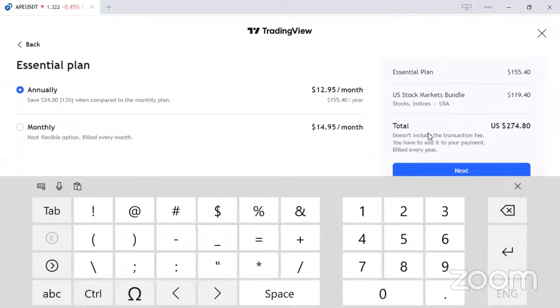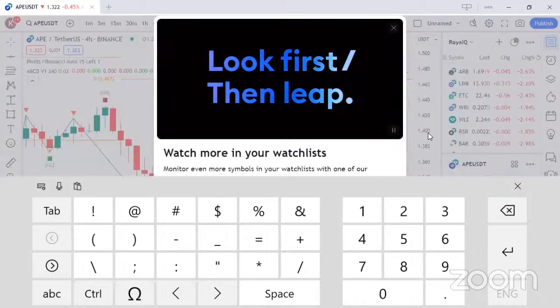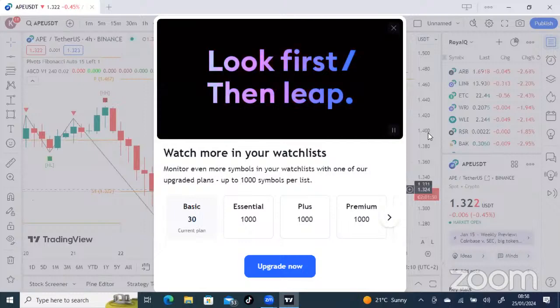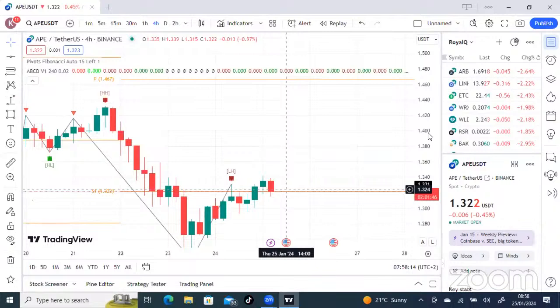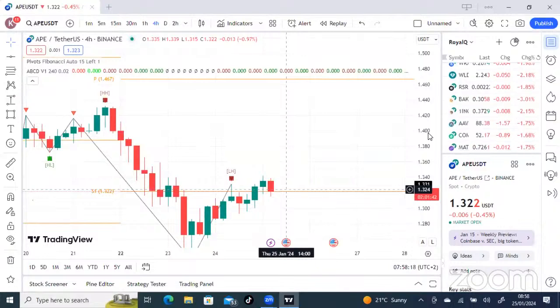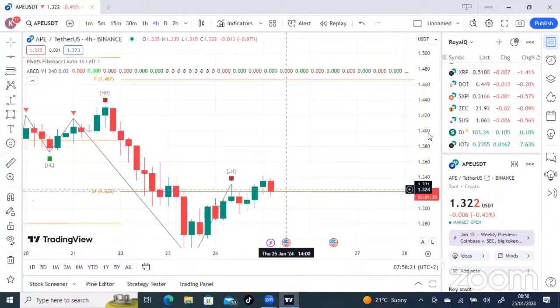I can still use the free version. So I've been using free version for a very long time and I'm successful. But I can pay maybe because I want to show you certain other things that you can use. But I've been using free version for a long time. So if it's not a paid version,